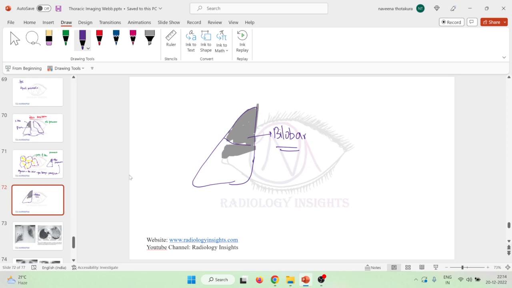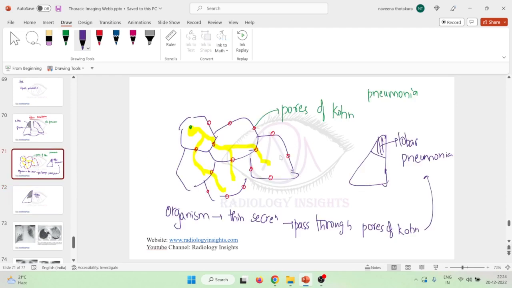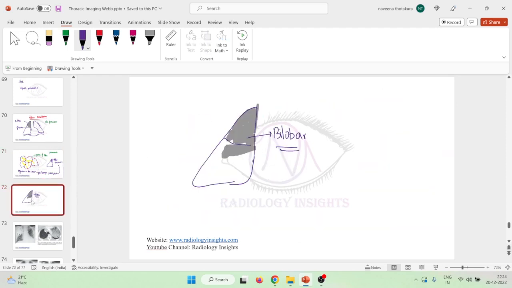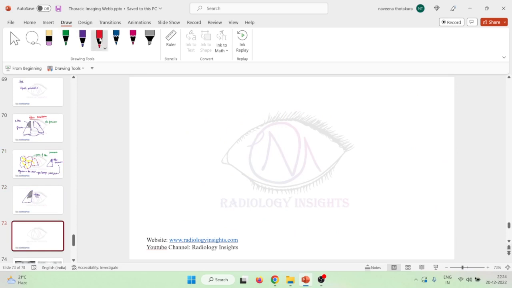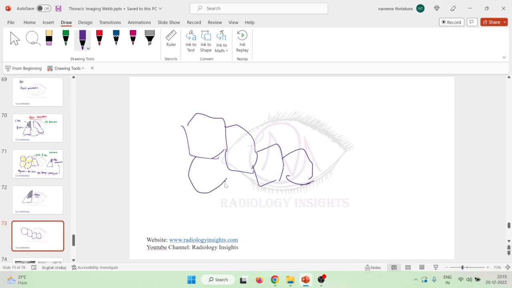Then one more important type is that this type of spread of pneumonia or spread of consolidation is not just seen in infectious conditions but also in some neoplastic conditions. If this is the alveoli, and if these are the pores of Kohn, then one important thing is that if there are any